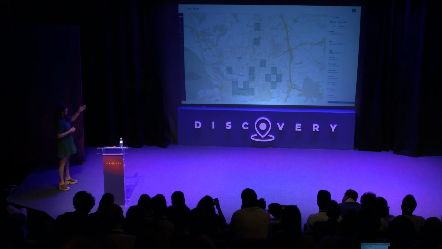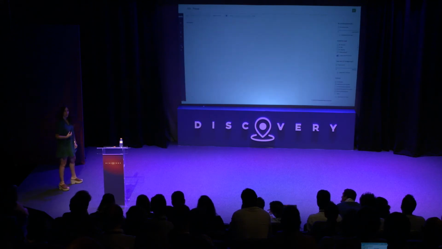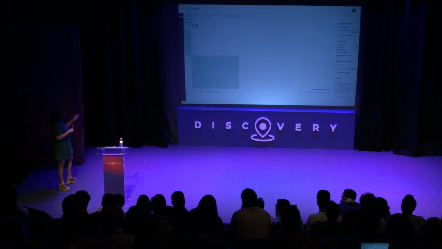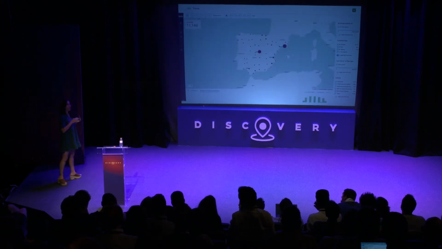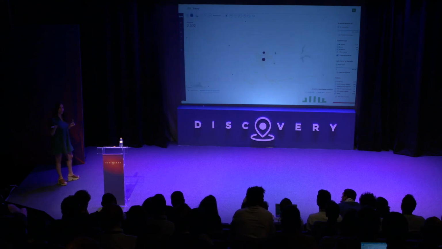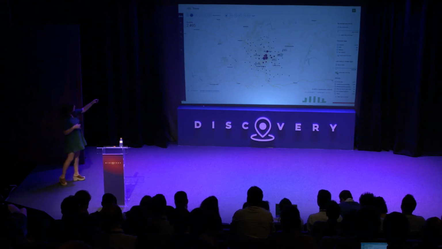And you know that if you want to replicate the performance of that store, those are the perfect areas that have the same information as the one that is working perfectly for you. And this is the last development that we did. If you have not only your stores, but also your customers, you can map them. And it's quite easy to make filters. For example, here, I just filter